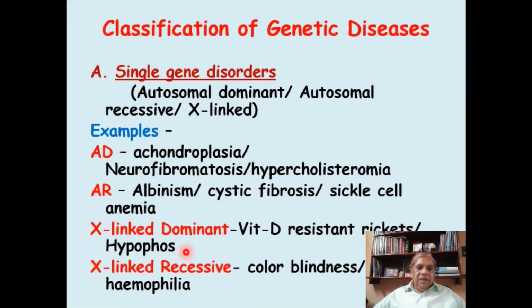Now the X-linked recessive inheritance, and what is dominant and what is recessive, I am going to tell you. If you do not know at present, I am sure you must know it, but just don't get impatient. I am going to tell you in great detail about this. Among the recessive ones is color blindness.